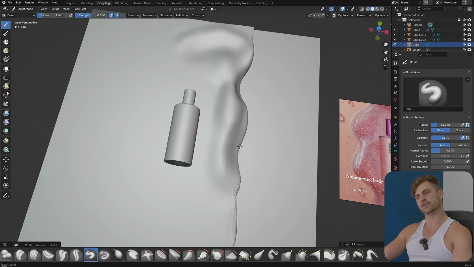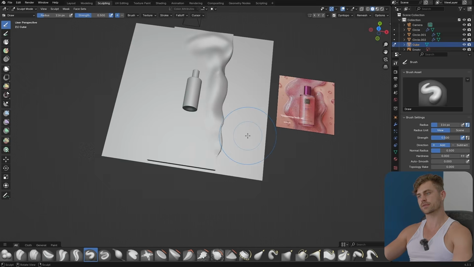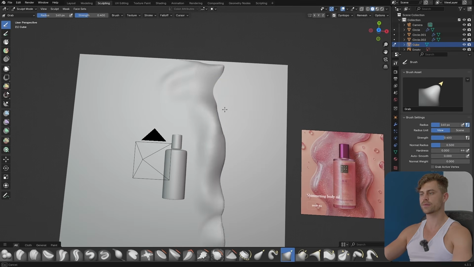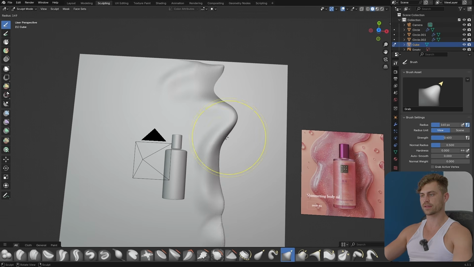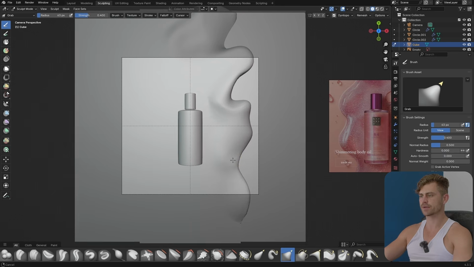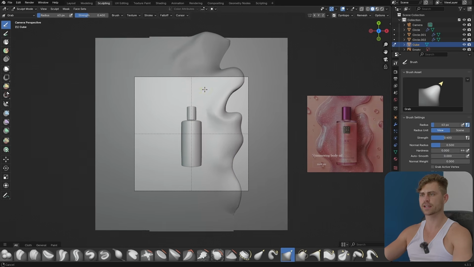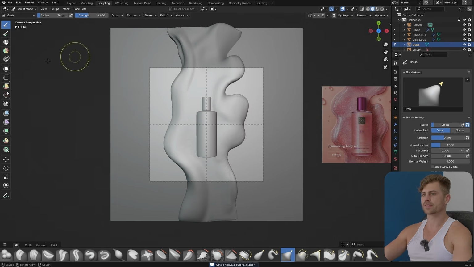I'm first going to get the general shape like this, already keeping in mind what we want to do later with the lighting and stuff. Let's move this out. I'm simply going to follow the reference a bit more. I'm going to also press G to move some parts like this and shape it in the form that I would like to see it in. I'm simply going to shape this, and you can do this for yourself, make it in whatever shape you would like. So now we have the object, and one thing I forgot to do,